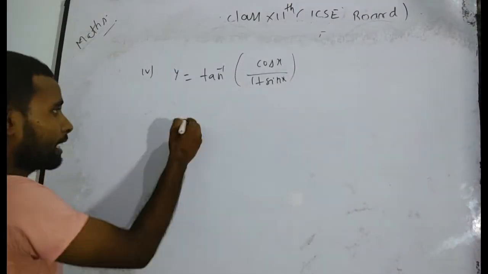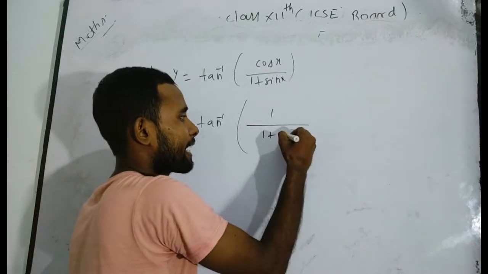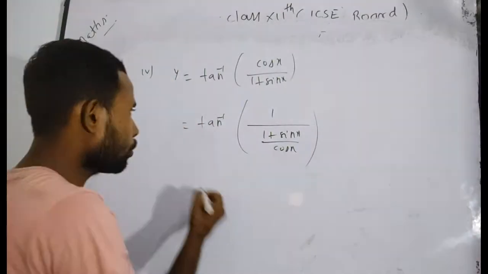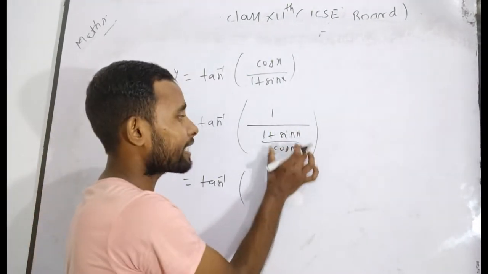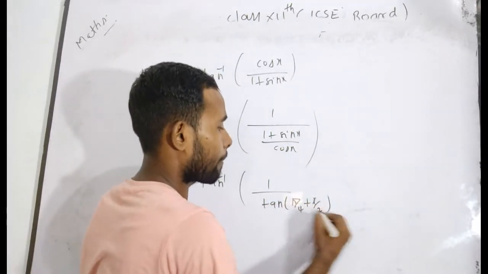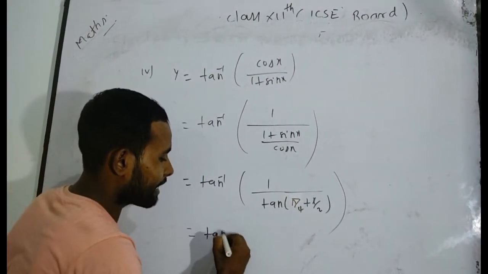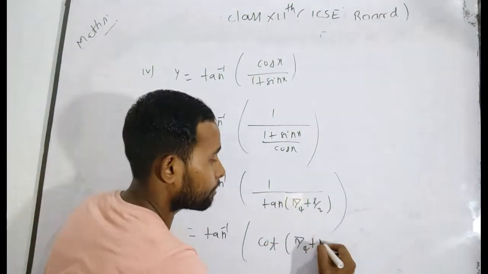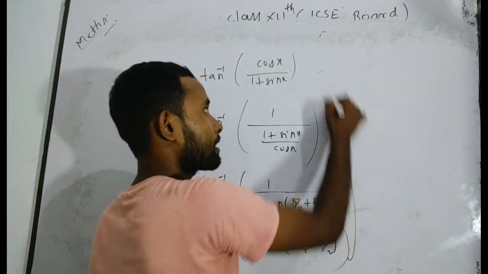Now as you have seen, can you write this problem, 1 upon (1 plus sin x) divided by cos x, as it? As you know, (1 plus sin x) by cos x will be what? tan x, that means tan of (pi by 4 plus x by 2). I have already got that. Now, simply, can you write here the tan inverse? 1 upon tan of (pi by 4 plus x by 2) will be cot of (pi by 4 plus x by 2). Again, simplify it. After this step, write here.